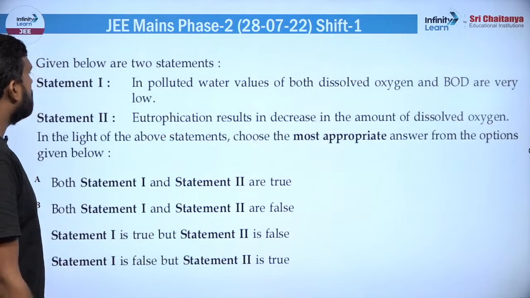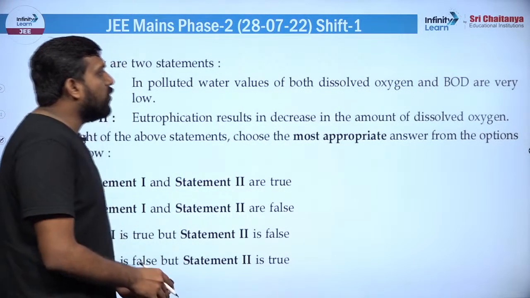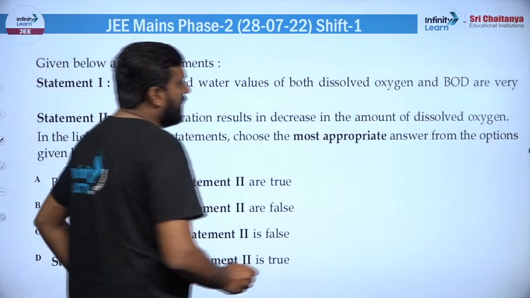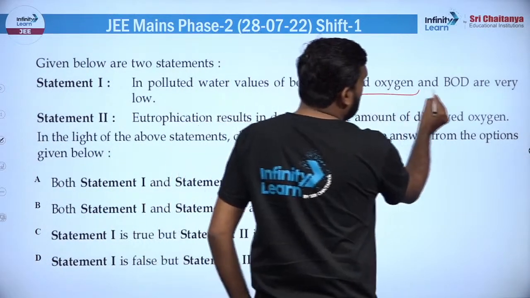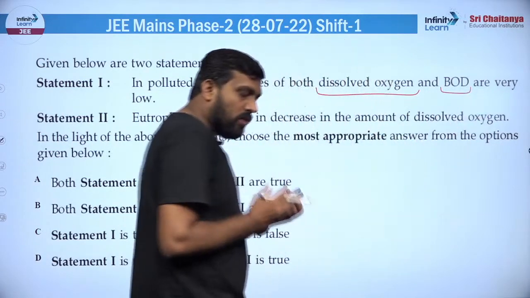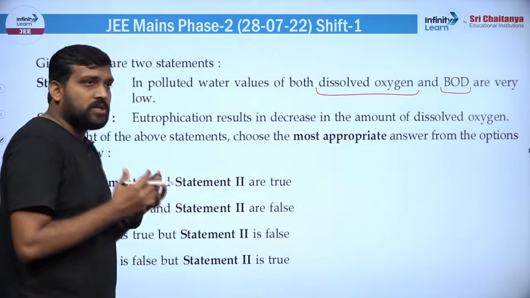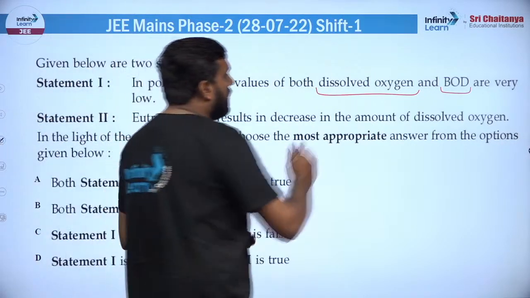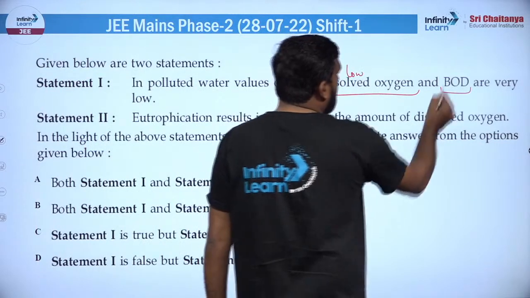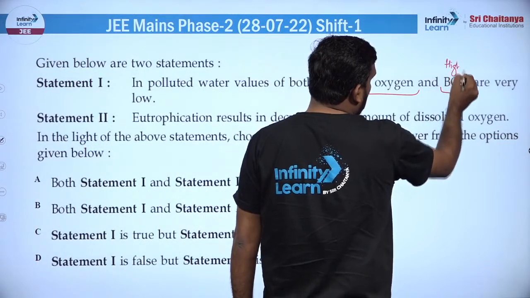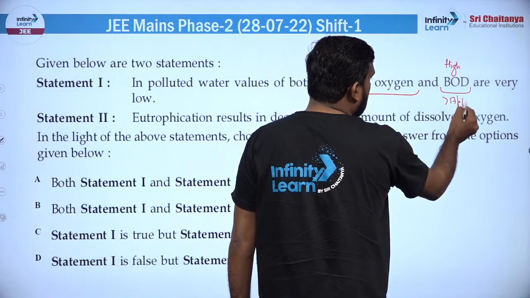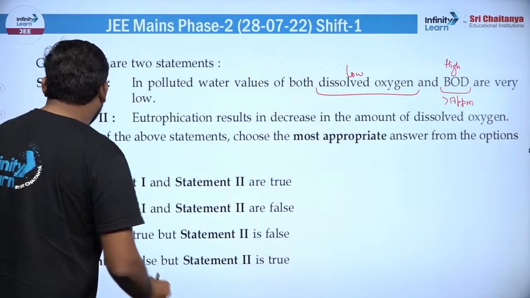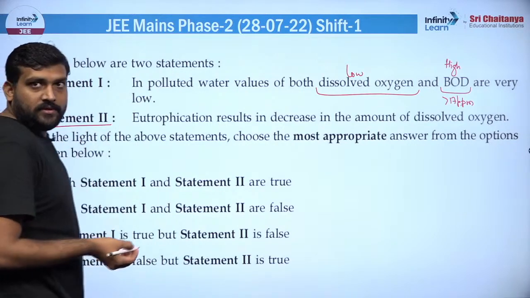गोइंग टू द नेक्स्ट, इन पोल्यूटेड वाटर वैल्यू ऑफ बोथ डिसॉल्व्ड ऑक्सीजन एंड BOD आर वेरी लो। ये गलत स्टेटमेंट है, डिसॉल्व्ड ऑक्सीजन कम होता है, बट BOD जो डिमांड है उस ऑक्सीजन की, उसको डीके करने के लिए, जो उसके अंदर बैक्टीरिया, फंगस या इंप्यूरिटीज जो प्रेजेंट है वो बहुत हाई होता है, ठीक है। तो ये तो सही है कि ये लो होता है, और ये जो है ये बहुत हाई होता है और ग्रेटर देन 17 ppm होता है। तो ये स्टेटमेंट यहां पर गलत है।